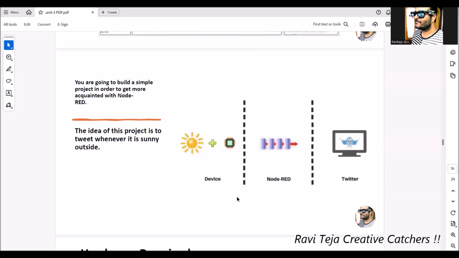So we have taken one example, like we have an IoT device connected to some LDR sensor or some temperature sensor, some sort of sensor. Okay. Now, whenever it is sunny outside, what my IoT device needs to do is detect the sunlight and post or tweet a message in the Twitter account saying that today is sunny and the temperature is high, something like that. Okay. So we are going to take the help of Node-RED,